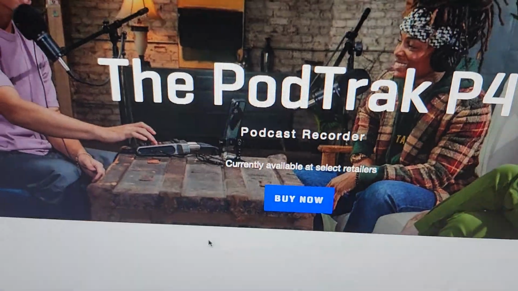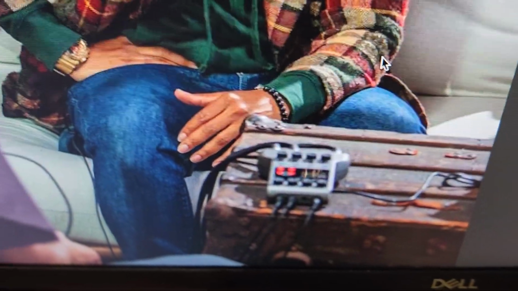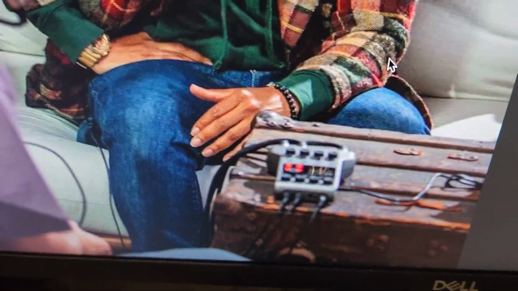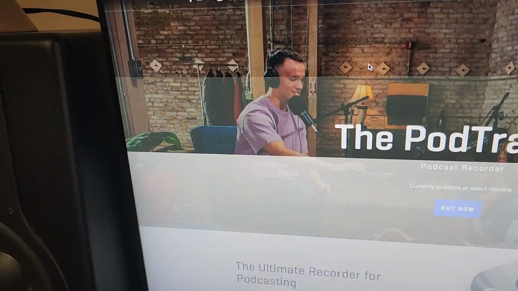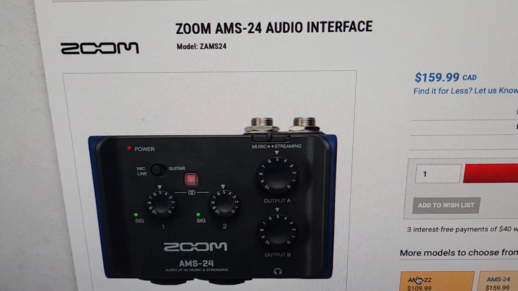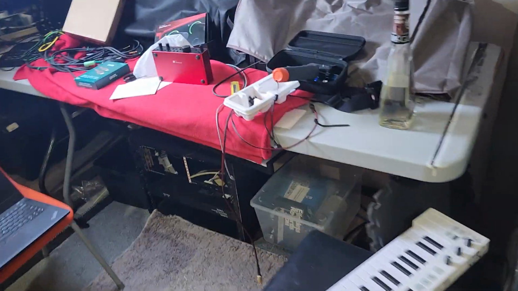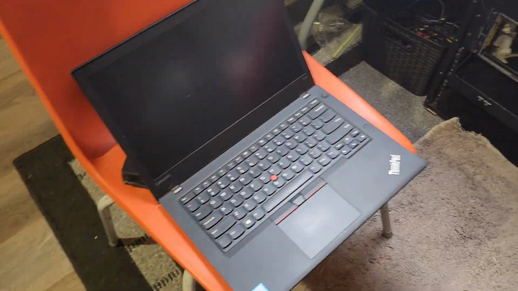It's literally, you see what these folks are doing here. Let me show you these folks sitting at a coffee table here. Okay, you see the two of them? They got this thing on the table, and they're talking. They don't even have a computer nearby, maybe. Maybe they do. Maybe they don't. It don't matter because this thing records on itself. That's what this PodTrak P4 was designed to do. But anyway, so between that and the Zoom AMS-22 and the AMS-24, those were all options, but I'm like, why don't you buy the most versatile thing that is always another interface for another Reaper setup?